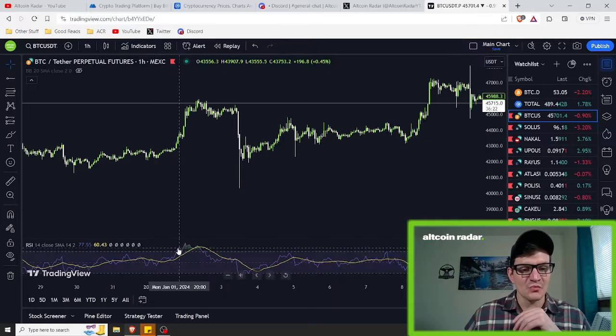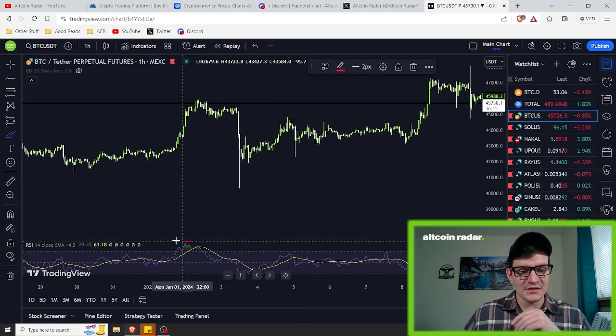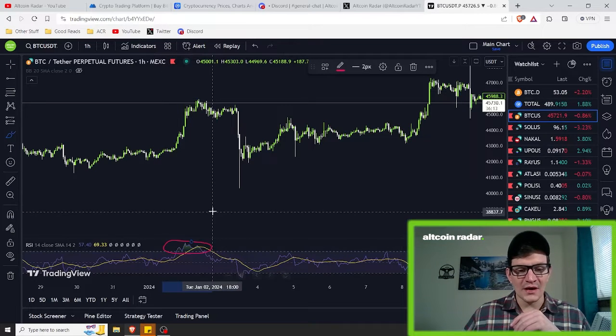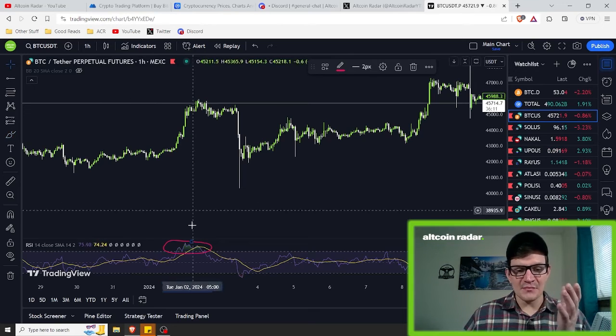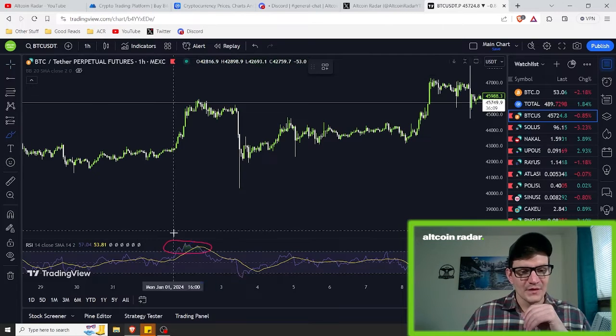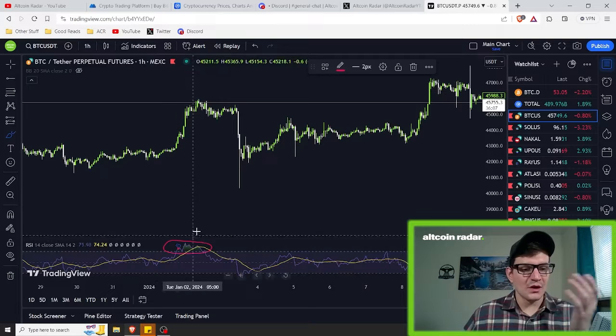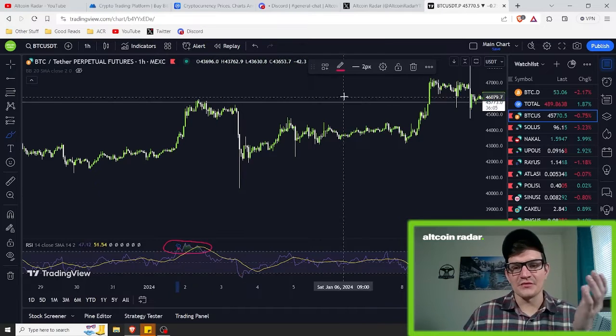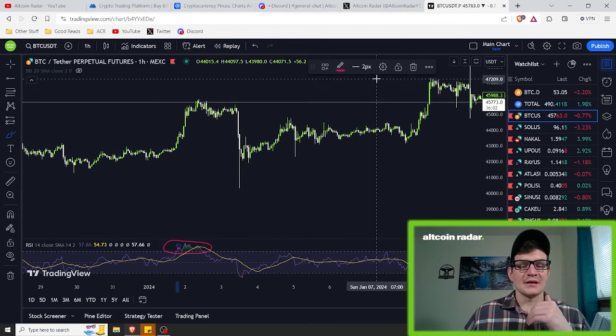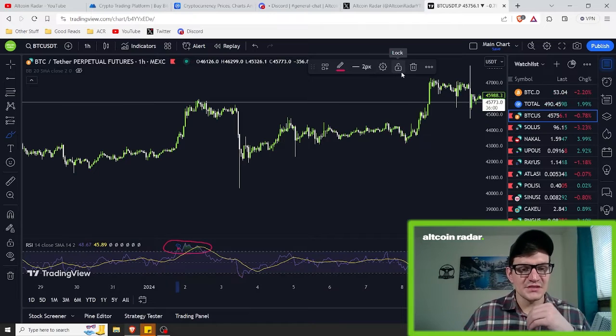Here's a perfect example. We were way overbought right in here, and you can clearly see it on the RSI too, all right? We're way overbought, and a lot of beginners may be thinking, okay, well, it's overbought, so that means it's going to start reversing and going down, and I should enter a short position instead of a long position. But realistically,